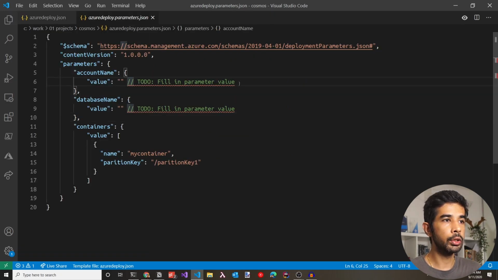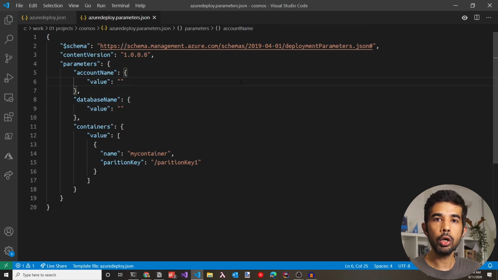Let's remove the to-do comments and add in appropriate values. Since we want to replace this inside the Azure DevOps pipeline, let's add a specific pattern so that we can replace this using variables. So I will use hash and hash. So anything that starts with a hash and ends with a hash will be replaced from the variables.